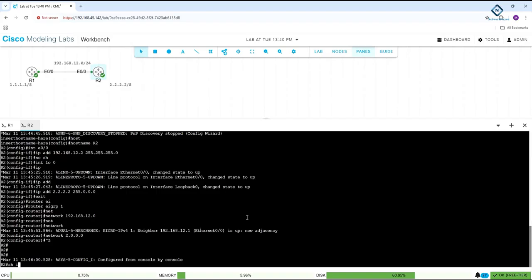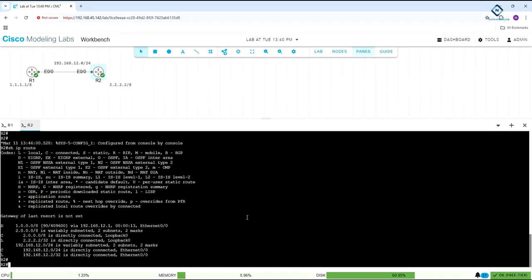After that you can write show ip route and check the routing table. So you can see D stands for EIGRP. If anyone wants to go to this network, they can forward the traffic here to 12.1, and here you can see the AD value is 90 and this is the metric. As we know, we have K1, K2, K3, K4, K5. So K1 and K3 are used here, and this is how long the route has been up, and this is the leaving interface. Okay, and now if you want to ping, you can ping here like